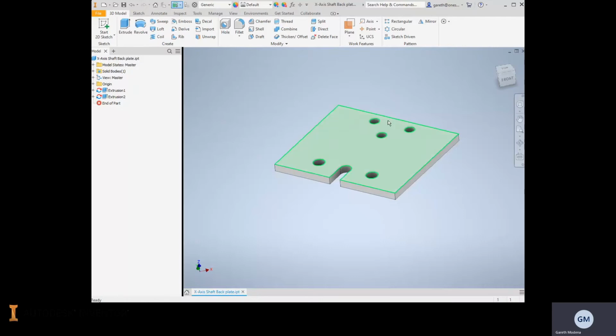In this session, we're going to take a look at using the chamfer tool. In this example, we've got a backplate. We're going to clean up all the edges. These are typically sharp edges, either a bevel or a chamfer, which just makes it easier to work with the